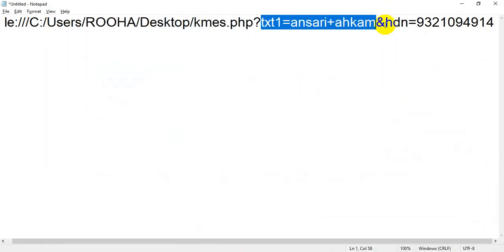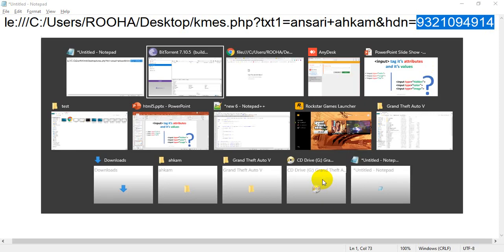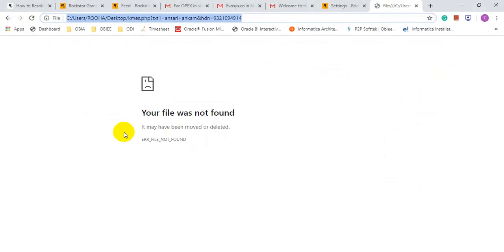And what is hdn? hdn is the name of our second text box, that is input type equal to hidden, and equal to, I have written my contact number. This value is shown on our URL, on our browser. Okay, here you can see.